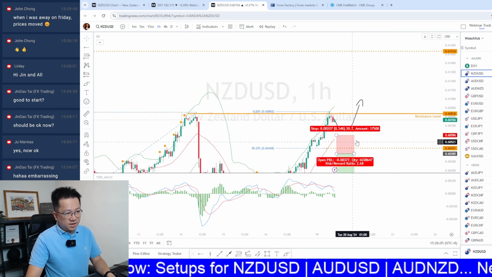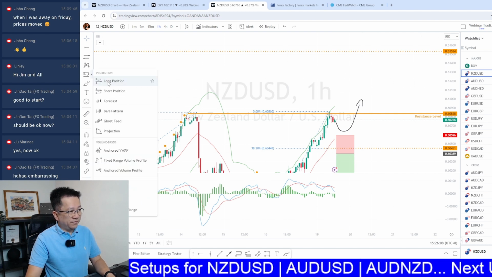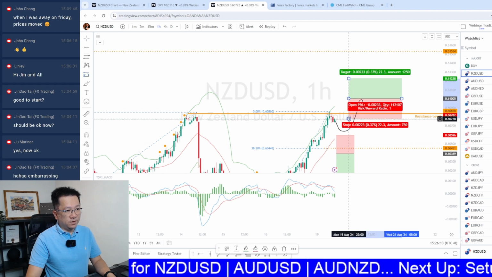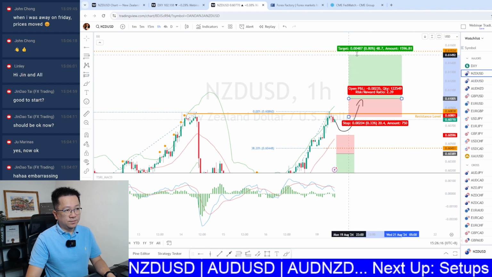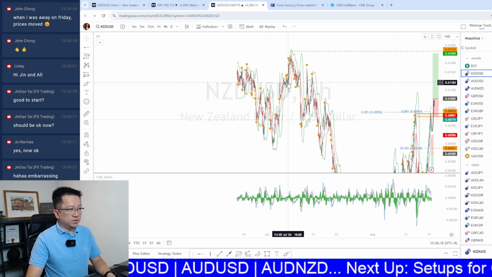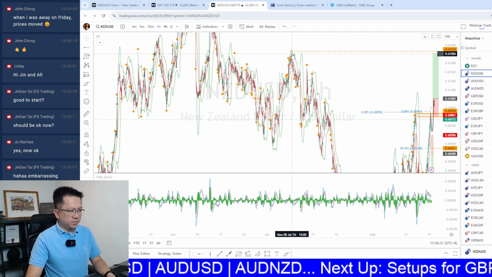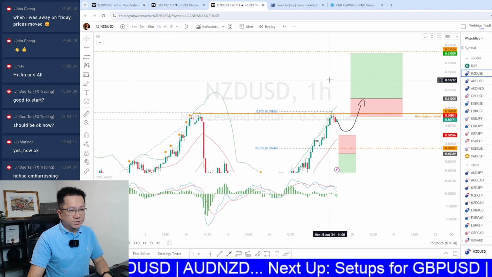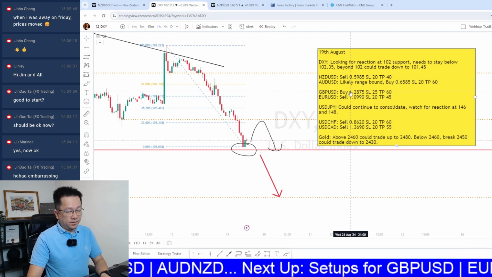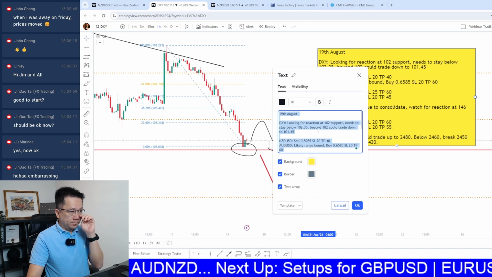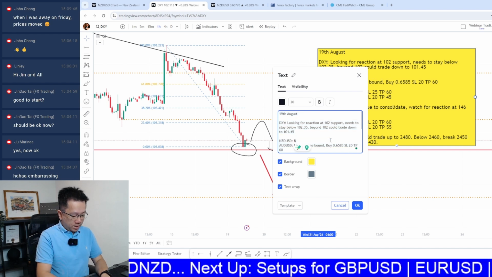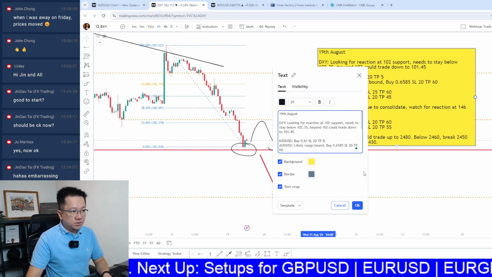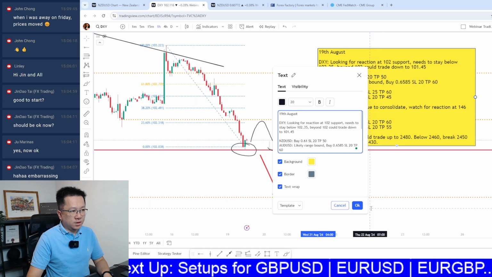I'm thinking if it stays there, bounces back up, I would prefer that at 6-1, break above that round number, 20 pip stop loss, 50 pip take profit towards that previous swing high that we saw on the 8th of July. Okay, so that's what I've been looking out for on the Kiwi. Looking to buy at 0.61, stop loss 20, take profit 50, 50 to the upside